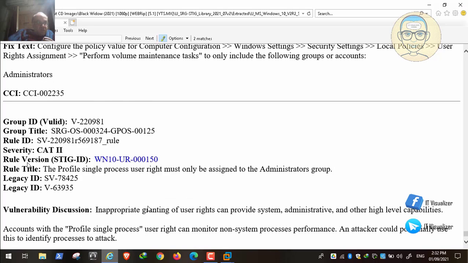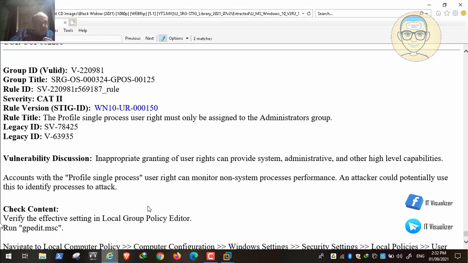The profile single process user right must be assigned to the administrators group. It says that this user right can monitor non-system processes performance. An attacker could potentially use this to identify processes to attack. So here you give the user the right to monitor your non-system processes, maybe processes related to applications or other software.